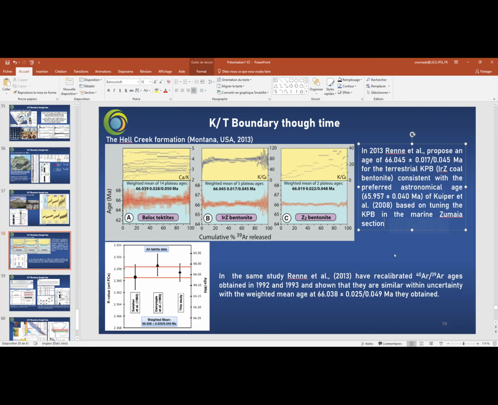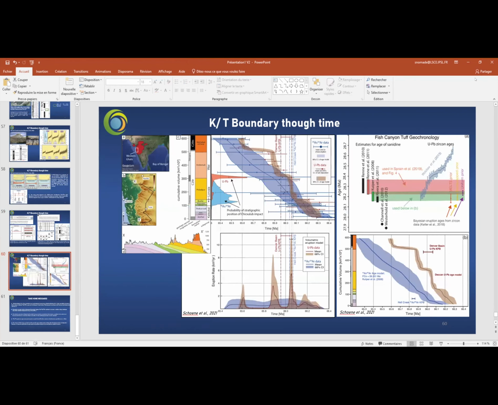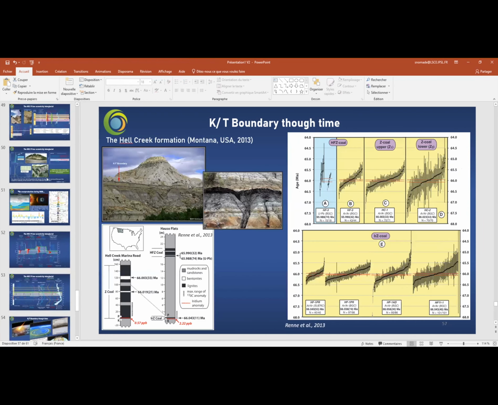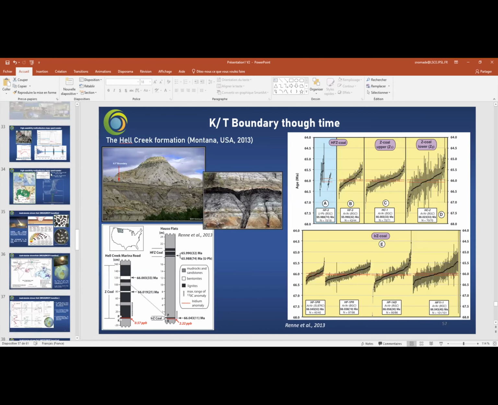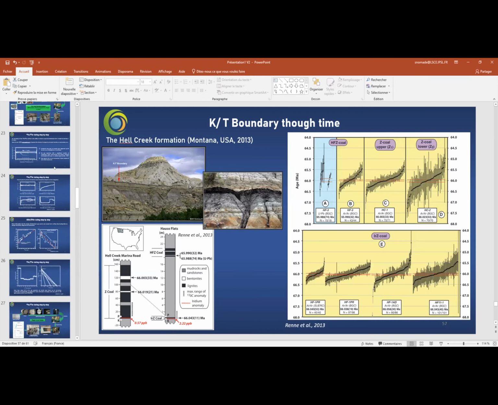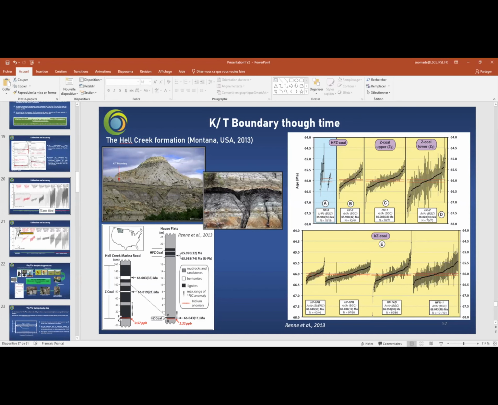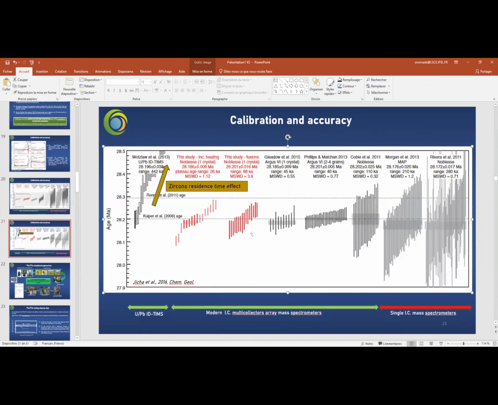I have a question about the Fish Canyon measurement, because I don't understand. At the beginning of one of your slides, you show the evolution of the measurement of the Fish Canyon. Yes. And I'm a little bit confused now. Can you go back to the slide which you showed a little bit before? Yes. This one, the second one. Yes. It seems to be coherent.